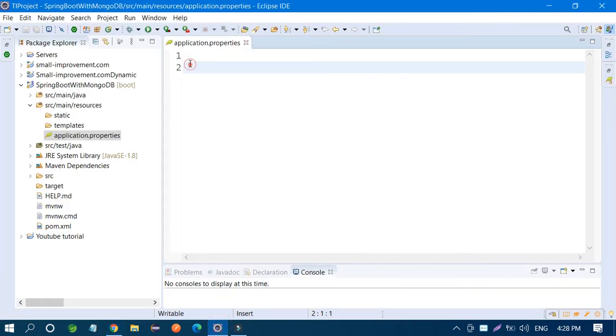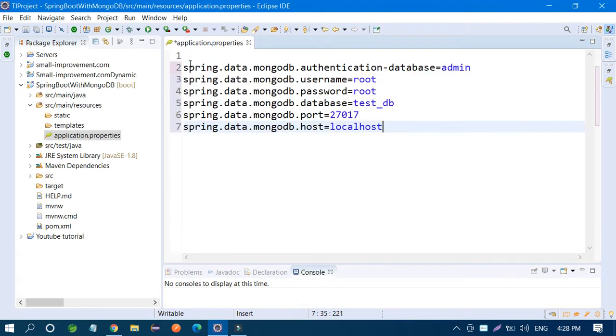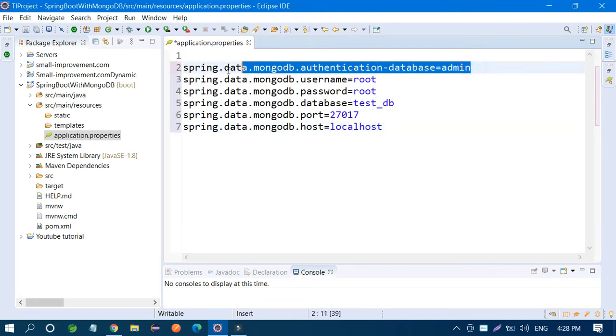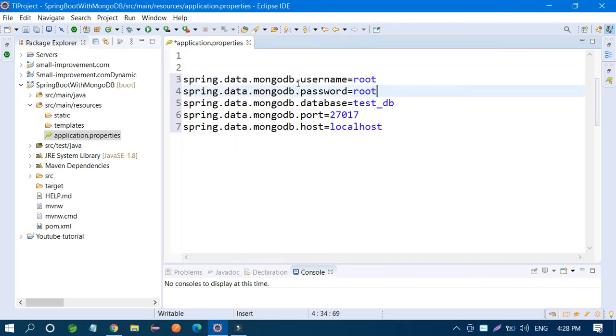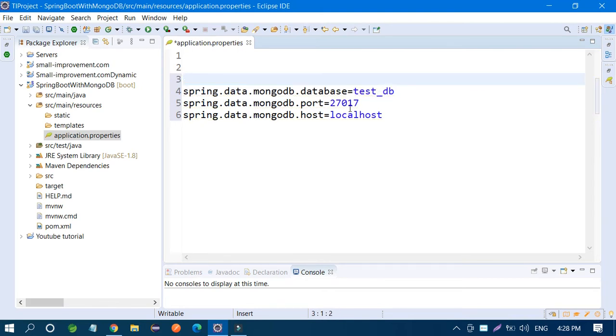You don't have to do anything else, just paste it in your code. There is no need to configure the database on your local system. MongoDB user ID and password are not required. You only need three things: the database, the port number, and the host. You don't need to worry about the port number because this is the default port, and you are using localhost, so you don't need to find anything else.